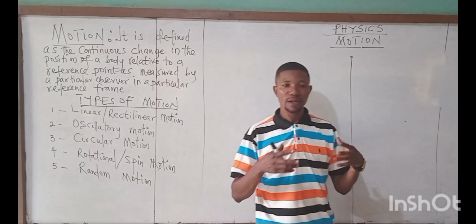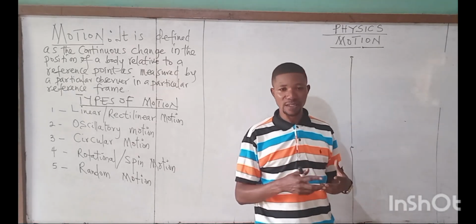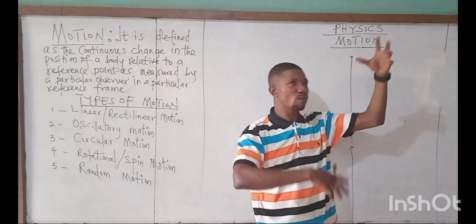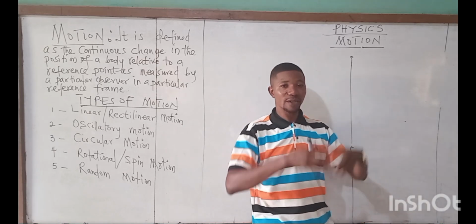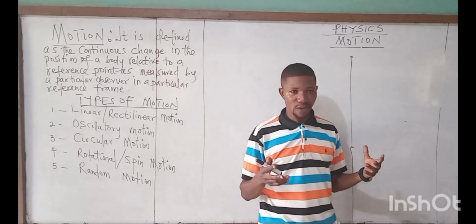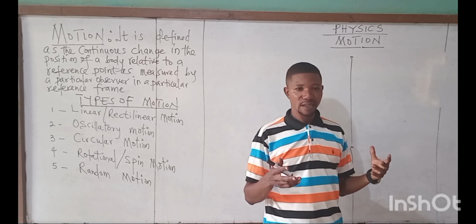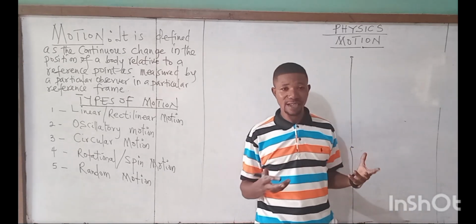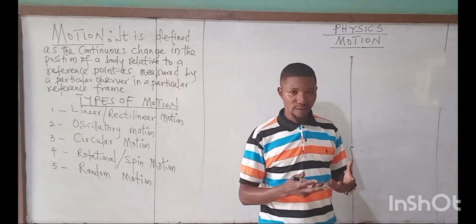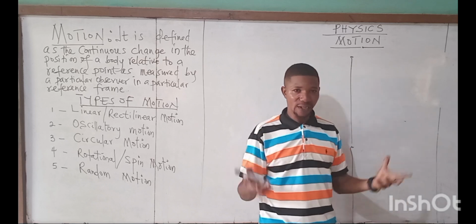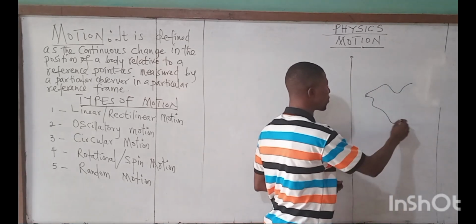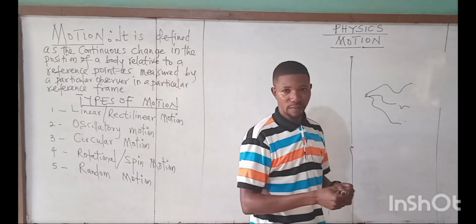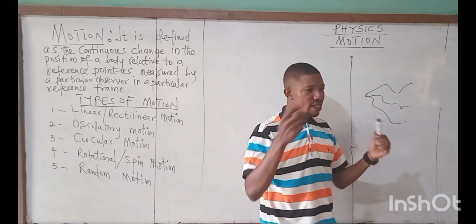Another example of random motion is the movement of gas molecules. How gas molecules move in space is random. It is non-uniform, it is non-directional, they move in a haphazard way. An ant searching for food is also an example of random motion because the ants have no specific direction. You see them on the floor moving in any direction they prefer to get their food. Even athletes running haphazardly